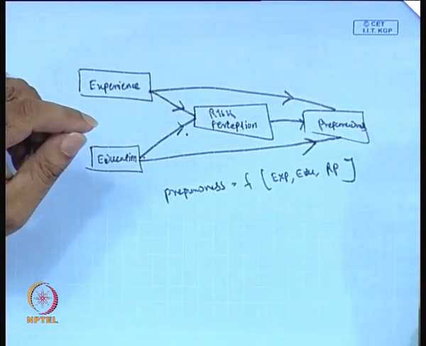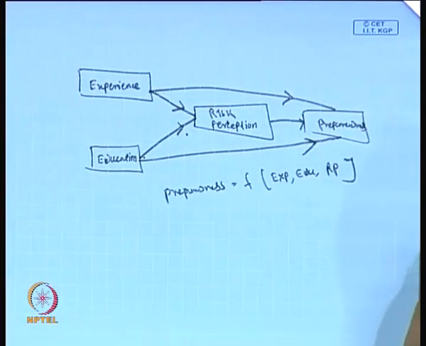If we apply regression analysis to this problem, then obviously experience, education and risk perception should be completely independent, so there should not be any linear relationship among them. But here we find that risk perception is a function of experience and education. That means